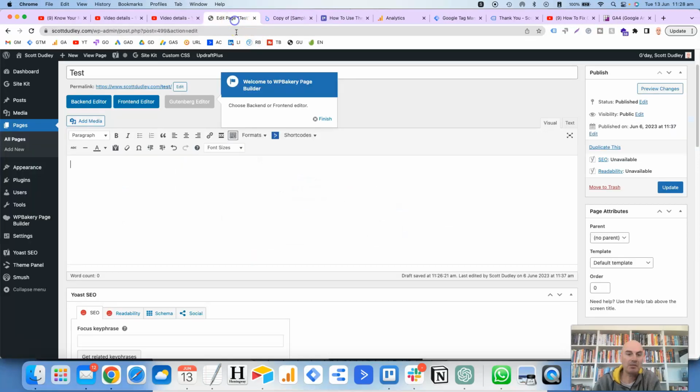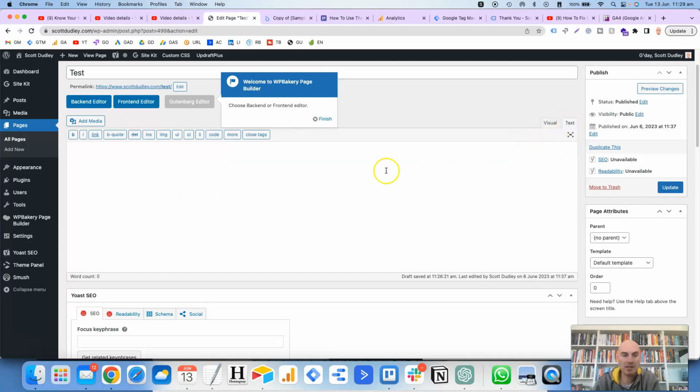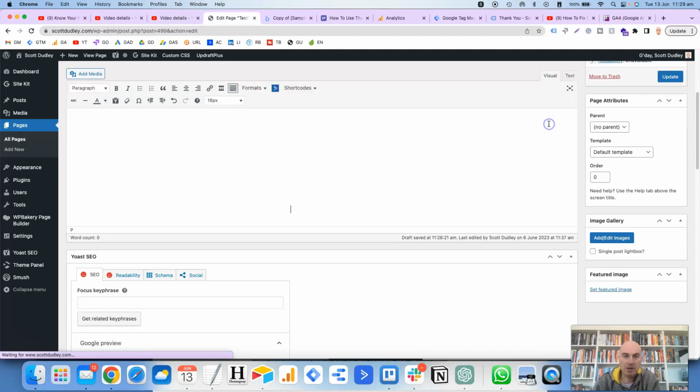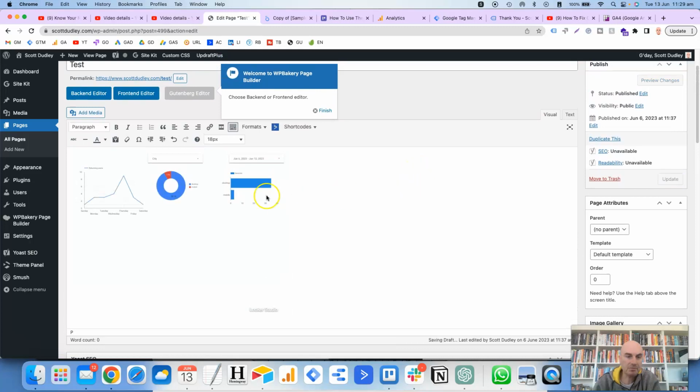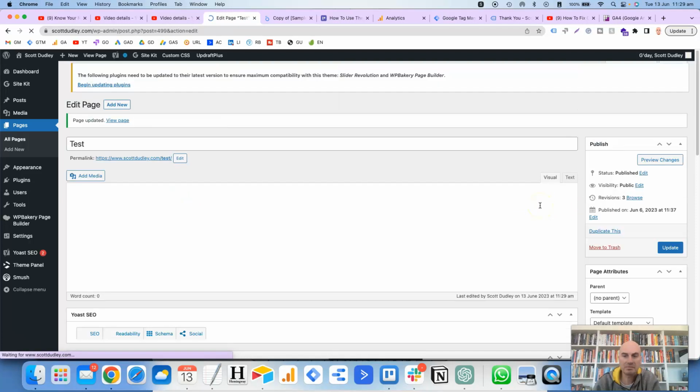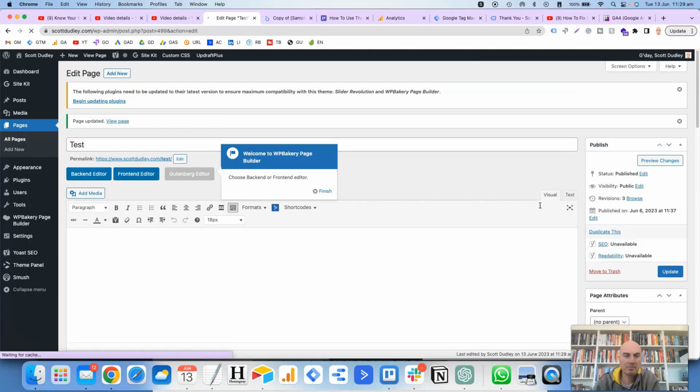Then I've just got a sample test page here that I'm going to use in WordPress. So I'll go to the HTML editor. I'll just paste in what I've just copied. Then we'll go over here to Visual. We'll just give it a couple of seconds to load. And there is the report here. If I then click on Update, and if I view the page,